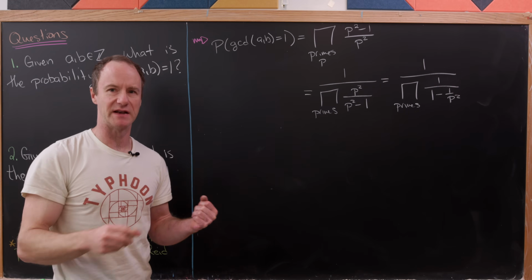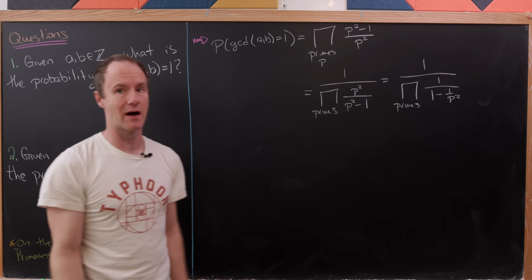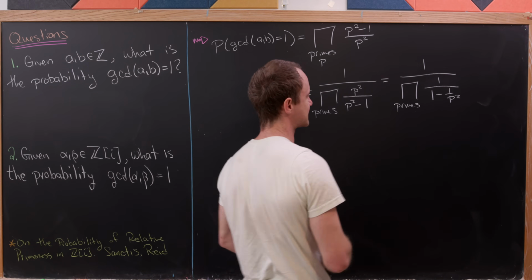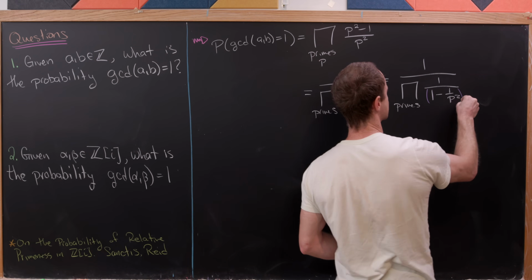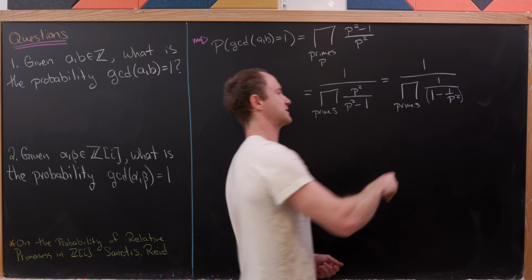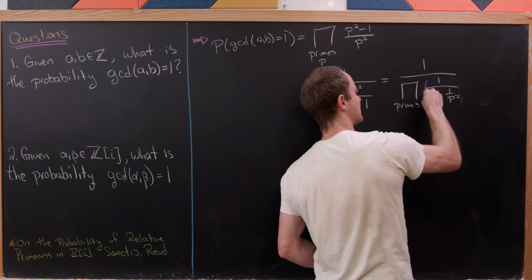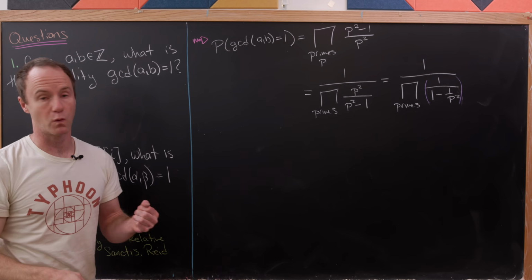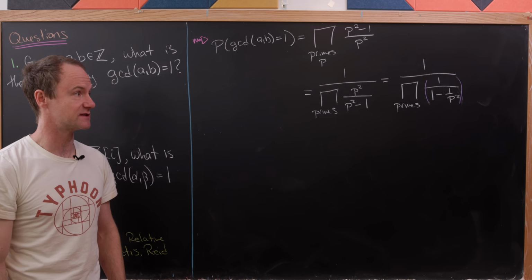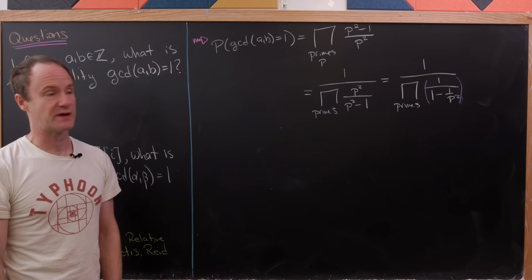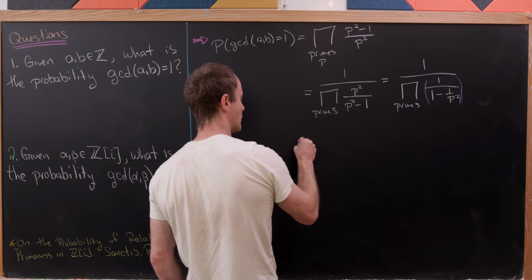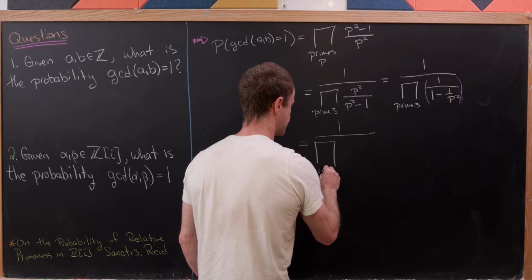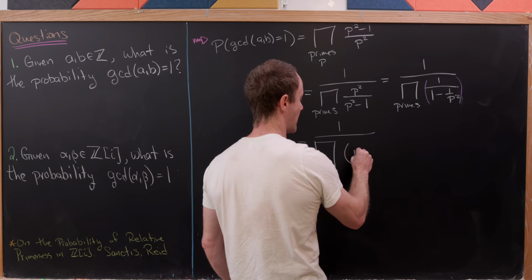That's just simply by dividing the numerator and the denominator by p squared. But now I want to look carefully at this stuff that I'm putting the purple parentheses around. And let's observe that we can in fact expand this as a geometric series. This is a geometric series where the starting term is 1 and the common ratio is, well, 1 over p squared. So let's see, now we can rewrite this as 1 over the product over all primes of